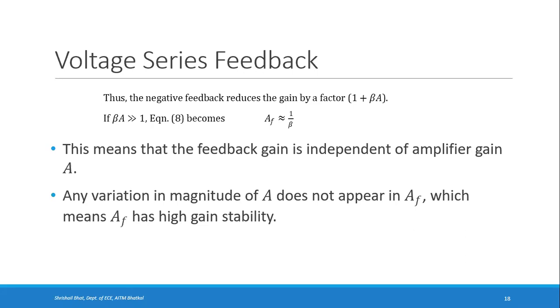In the previous class, I had told that our intention in having amplifiers is to have a very stable gain. If the gain A is not a stable thing, if it is changing, and that change does not impact the gain with feedback, it is a very good thing to happen, right? So that is why if the gain is not a part of the equation for the feedback gain, that means your amplifier performance is better. Okay, so that's about the voltage series feedback.